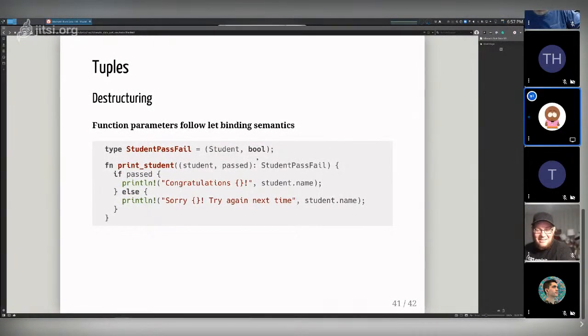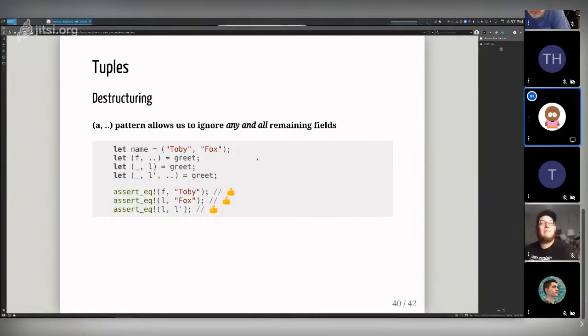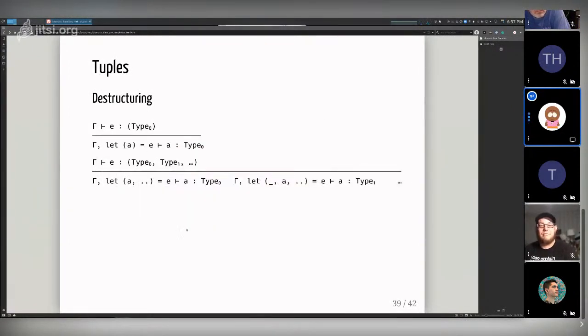Yeah. So this is again one of the reasons why I spent the time to do stuff like this, because this sort of thing should apply everywhere, right? Any let pattern match should work anywhere let binding semantics are a thing. And that includes function signatures, and also match statements, right? The left side of the match arm follows let binding semantics, so all of those things should be the same.